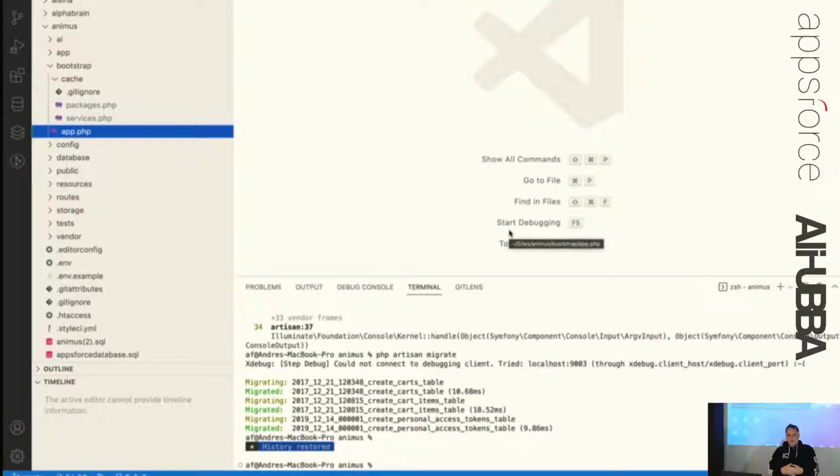Now the problem with this is if I change the services that I installed or change the packages, so I add a new vendor, upgrade a vendor or remove vendors, typically when I remove stuff, these files don't get automatically updated. And your software dies because it reports some service provider is missing or some vendor file is missing, and you are, oh my God, I have no idea what this means. Basically what it means is, delete these two files, they will regenerate themselves, and probably the problem will be fixed,